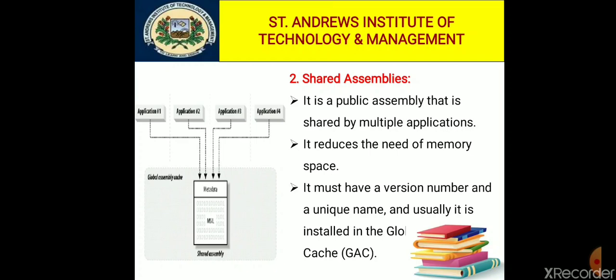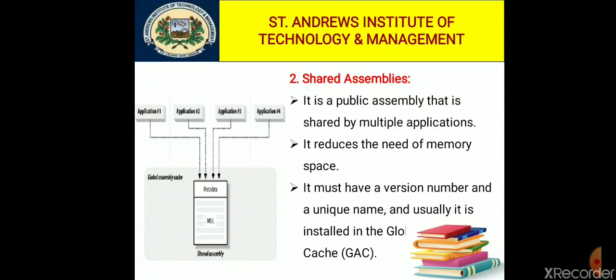So simply it reduces the need for disk space and also reduces memory space. It must have a version number and a unique name, and usually it is installed in the global assembly cache, GAC.